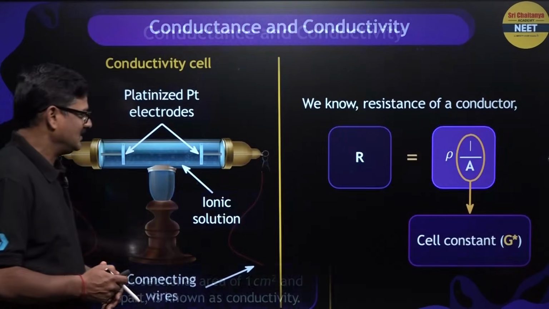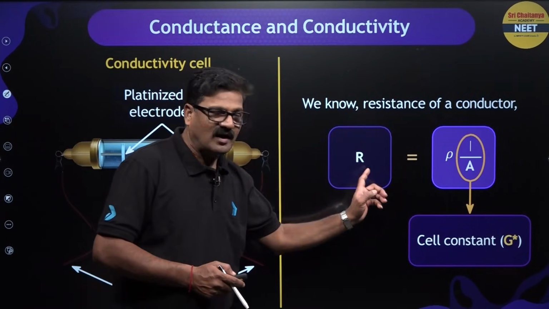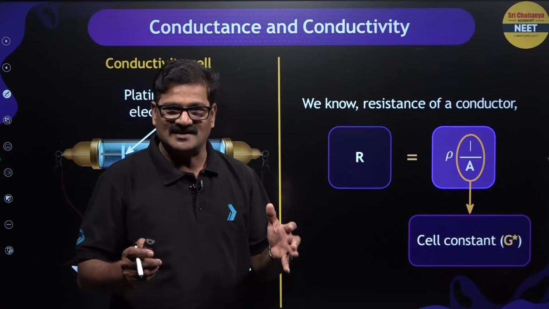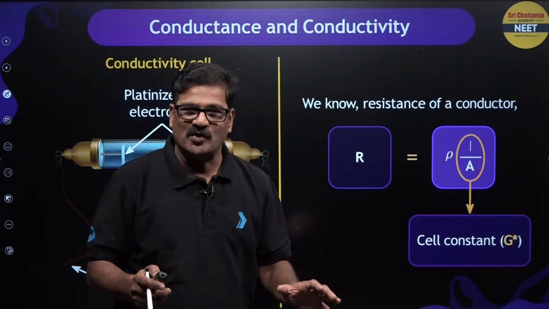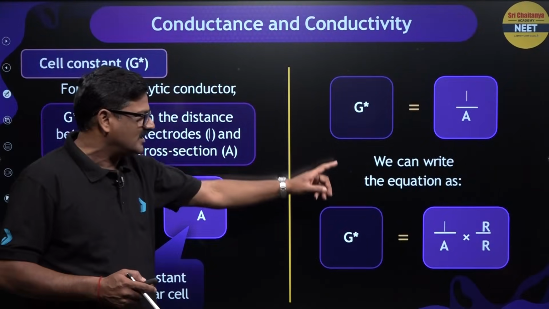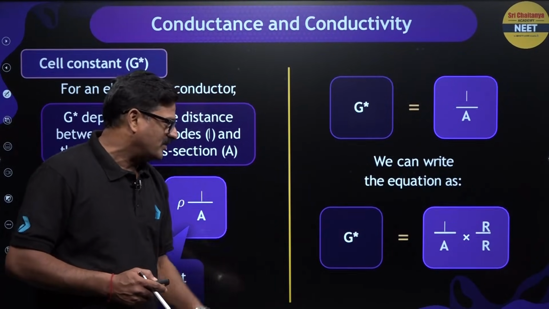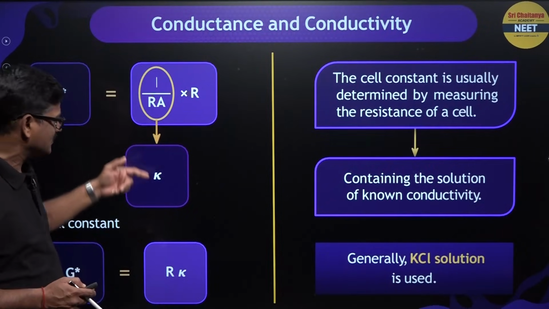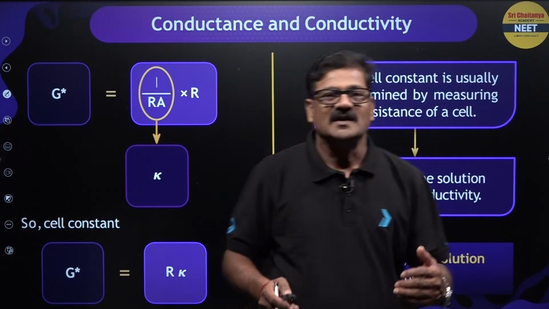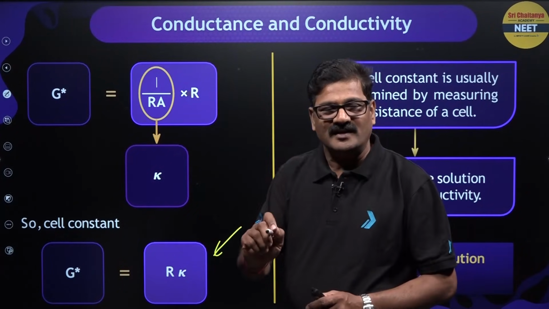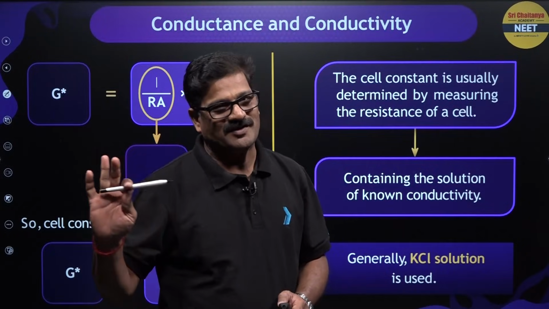And moving ahead, you can see R is equal to rho L by A. L by A is said to be the cell constant. As long as the device is constant, with respect to any electrolyte, the cell constant is always constant, and it is given as G star, and G star is equal to L by A. We can write this as L by A into R by R. G star is equal to L by A into R into 1 by R, which is K. So G star is equal to K R, or R K you can write. So these are simple formulas with which you can calculate numericals based on